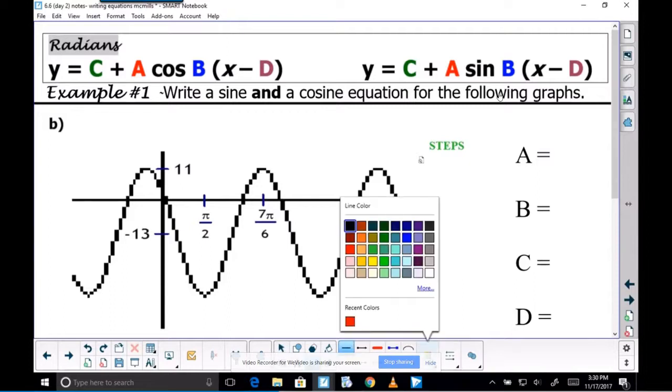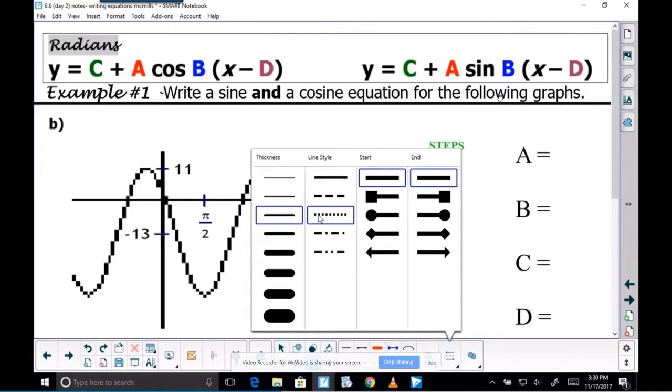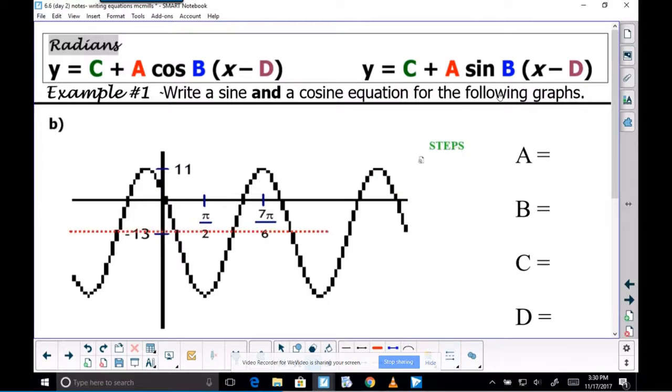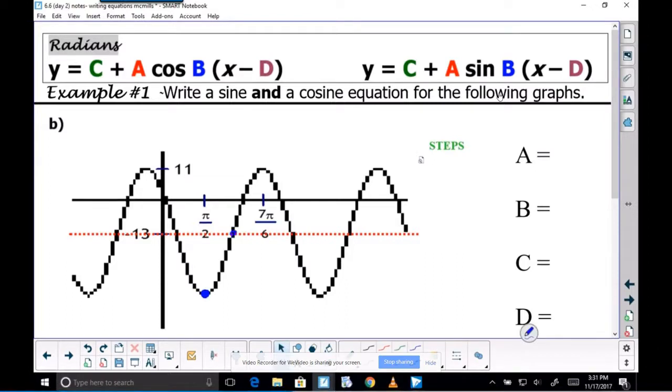So this time we're given a maximum at 11 and the SA at -13. You're not given the minimum, which is okay because you really don't need the minimum. And so now that you've drawn the SA, I'm going to go ahead and draw in all of our critical points between,